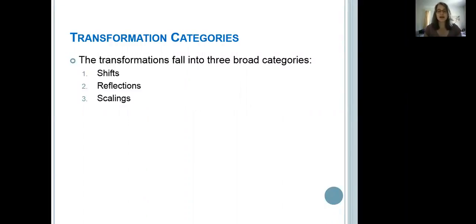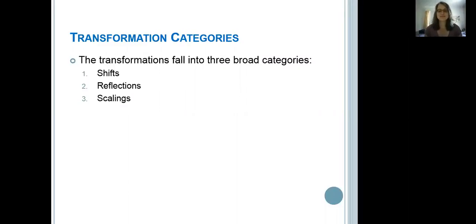Reflections are, well, it's exactly what it sounds like. It reflects. So when you reflect, if you've got a graph that's all up on top, you reflect it down below. Or you can have a graph that's all over here on the left and reflect it to the right, or vice versa. So it's like putting a mirror someplace on